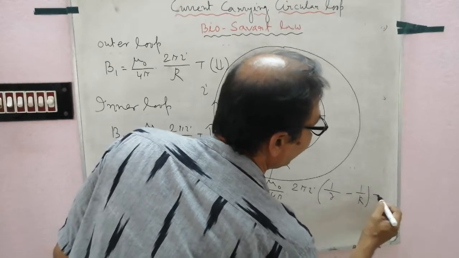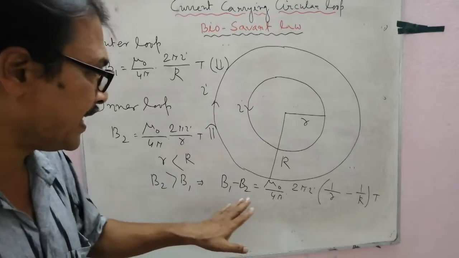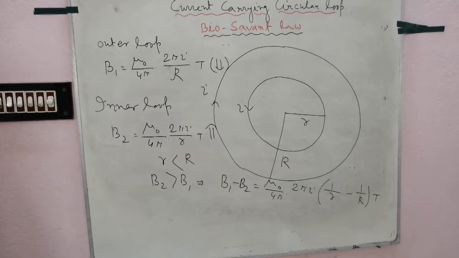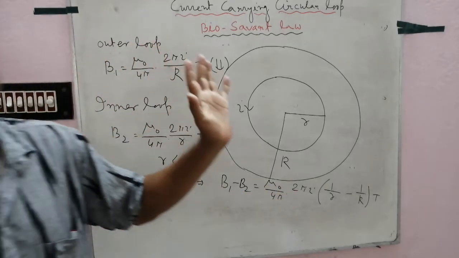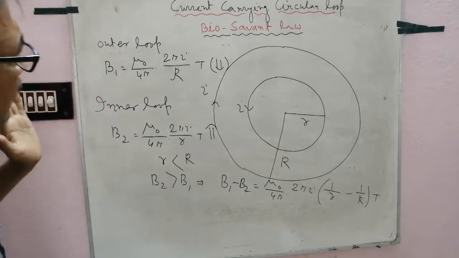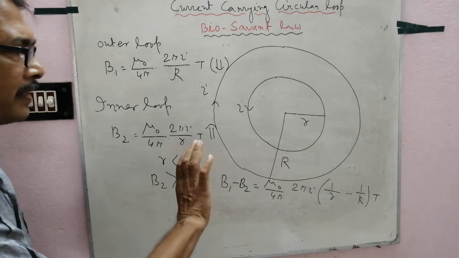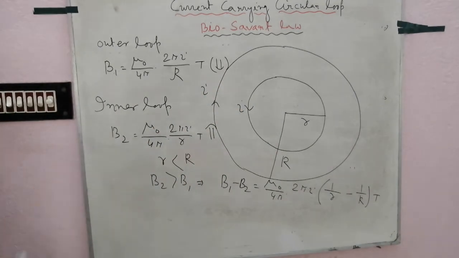Follow, the direction, of course, is that of the strong magnetic field B1, so upward. Clear? The magnetic field is upward. Mu 0 by 4 pi 2 pi I by R smaller. This is another problem. Okay, follow it. Direction for the inner loop upward and direction for the outer loop downward. Clear? Next application, note it.